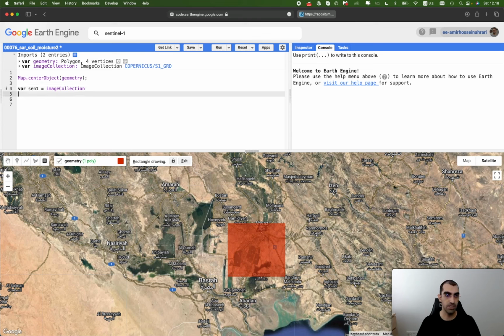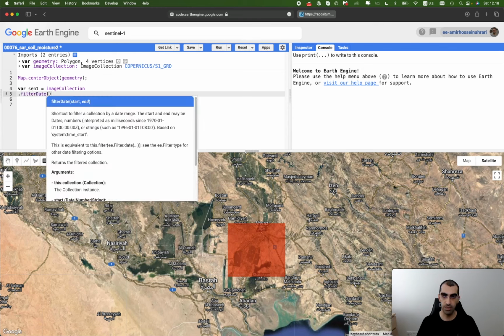So define the filters, the time filters or temporal filters and spatial filters, that are necessary for satellite data that provides higher spatial resolution. Here, with the filter date, I'm going to limit my data to the specific period. When you want to calculate the soil moisture using Sentinel-1 data, according to this tutorial, you need to select